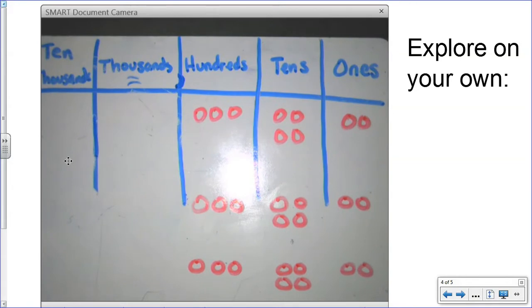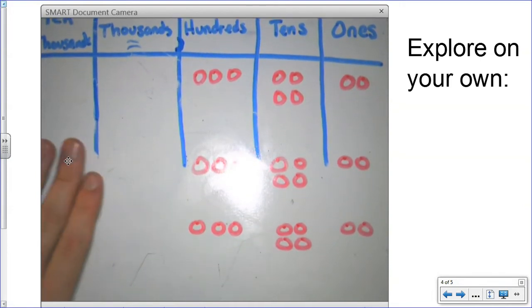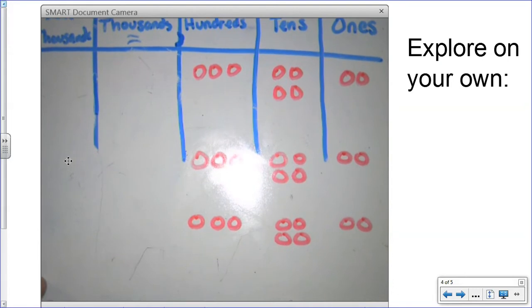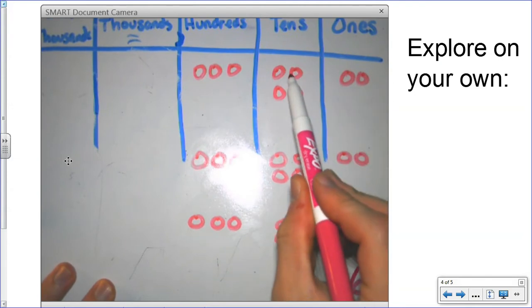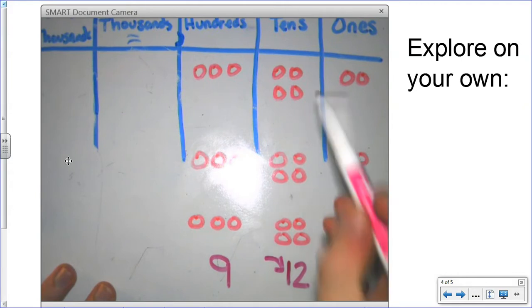So let's take a look here and see what we have in each of our place values. So in my thousands, 10,000s, 100,000s, I don't have anything going on up there. In my ones, I have 2, 4, 6 ones. In my tens, I have 2, 4, 6, 8, 10, 12 tens. And I have 9 hundreds. And this number we know right here can't exist because we can't have 2 digits in a place value. So I need to take 10 of these items